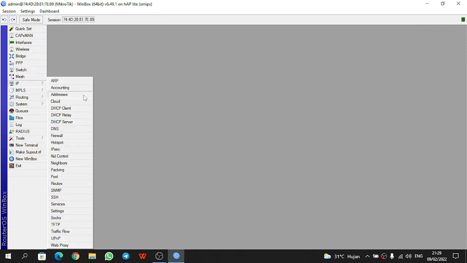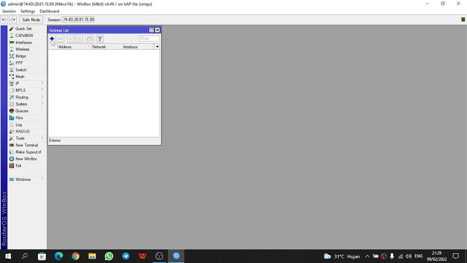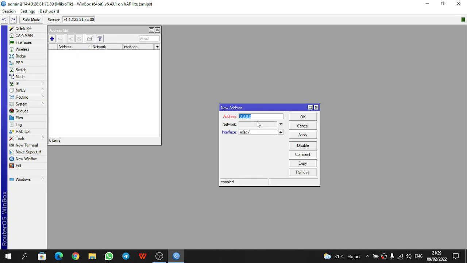In the beginning we add an address for the cable plugged into Ether2. For example, this IP 192.168.10.1/24, and the interface is the one plugged into the router board. You can apply and OK.